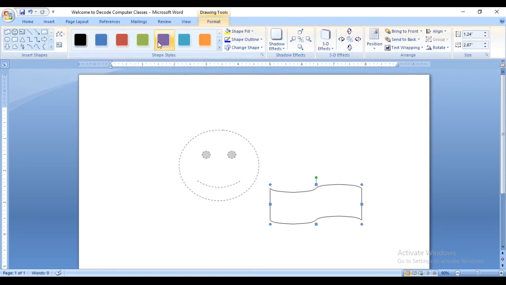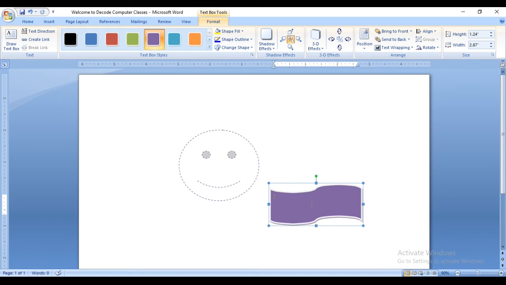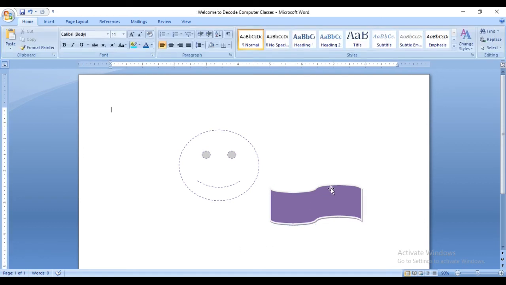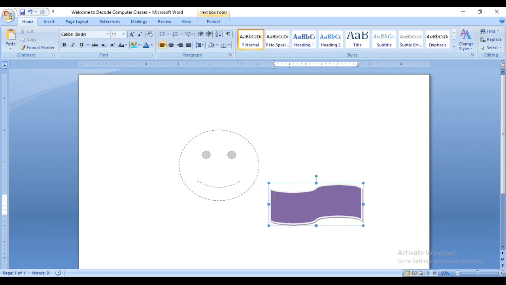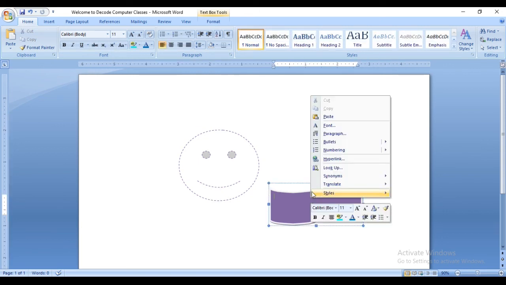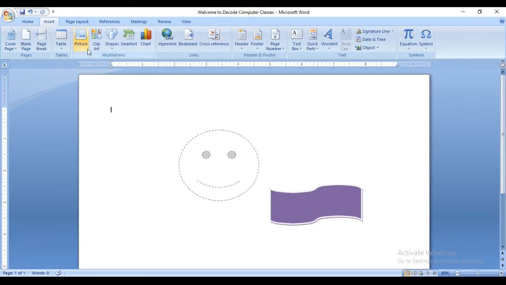You can not only insert the shapes and fill the colors, but you can write as well. You can insert the text by right click. Let me show you again. Select the particular shape, just right click, and here you can add text. So this way it will work.